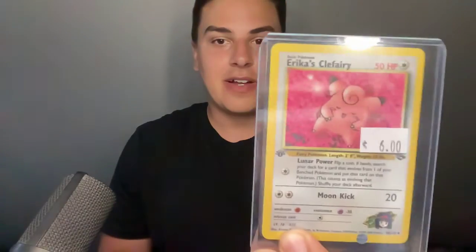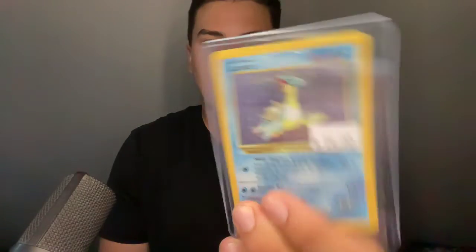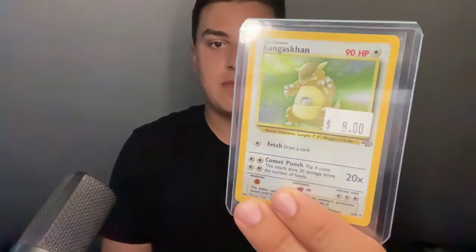Erica's Dratini. Erica's Clefairy. Really cute. Almost just dropped that. Lapras. Holo. Really cool. Kangaskhan. Holo. So all these cards, you know,